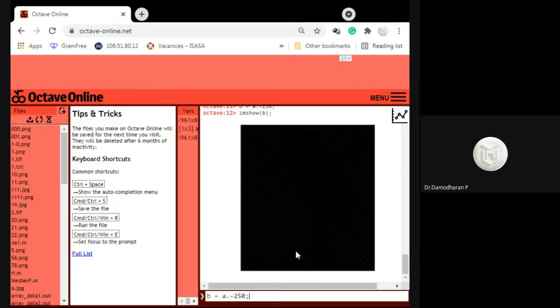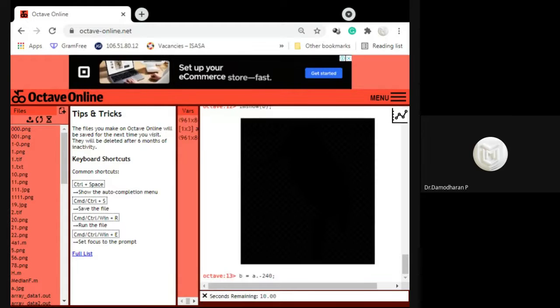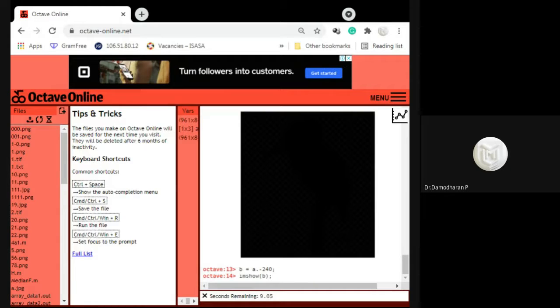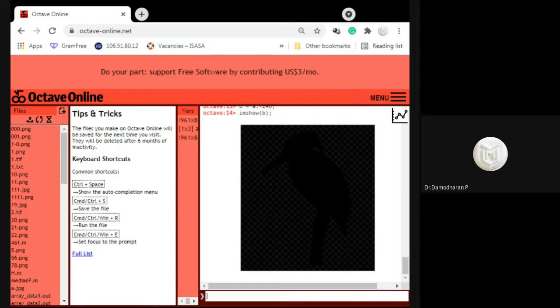Again, we are going to increase the size to 240. Display. You're able to see the image. So this means you can also perform addition operations, multiplication operations also. I'm going to perform